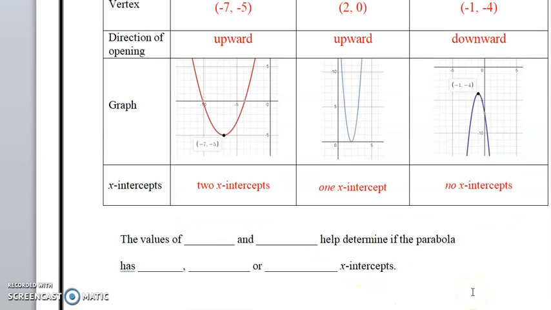Perfect. So there's just a summary at the bottom. So the values of, and here we're putting the P and Q. So the P and Q is just your vertex values. So if you have the values P, Q, and you know A,